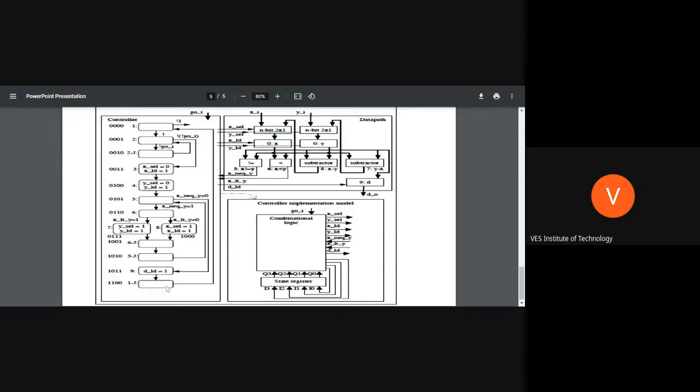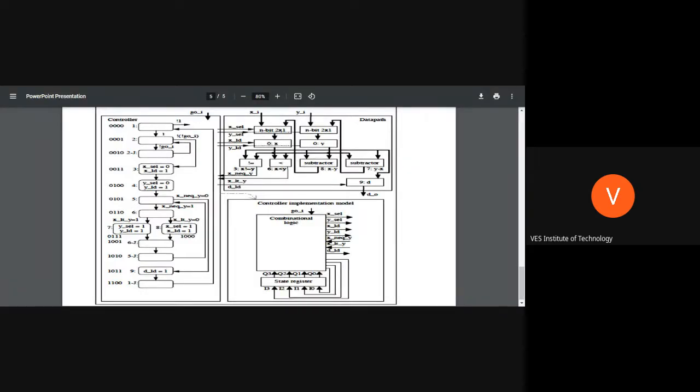If both are equal, the output will be displayed. Otherwise, it will keep on doing the same thing. So that is what we have to do. First we will create a data path and then we'll create a controller. The first time, you will find it a little bit difficult, but it is not difficult. You just have to understand how to do the coding and keep doing it, and after some time you will understand it is very easy to do this kind of code.